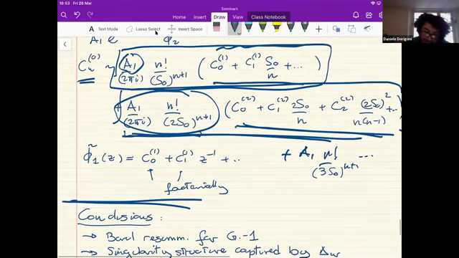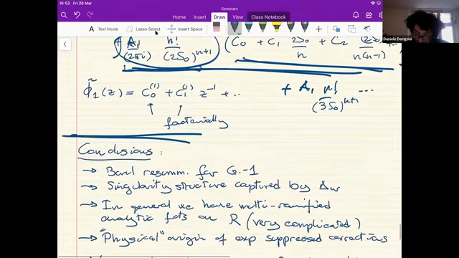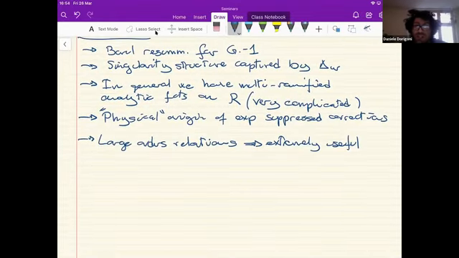So in this case, I gave you the one-parameter transseries where all the jumps were controlled by a single variable, this A1. This is something that for generic problems, you should not expect. You should expect an infinite-parameter transseries. So you should expect that at various instanton orders, you're going to have different Stokes jumps appearing. However, these large order relations are extremely useful to decode all of this information.